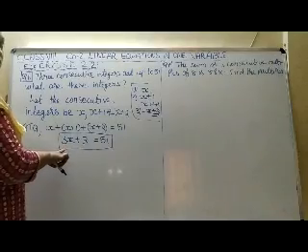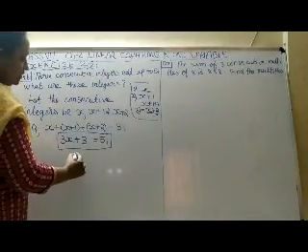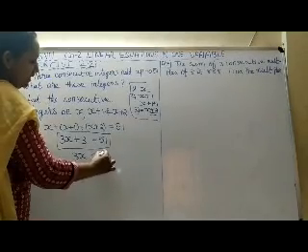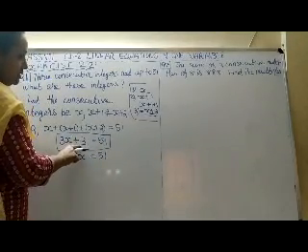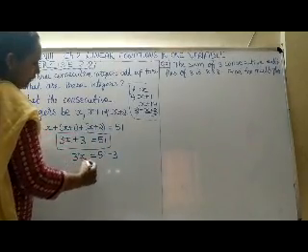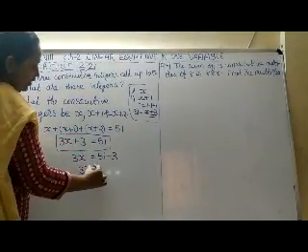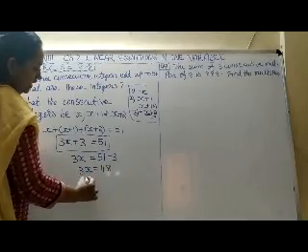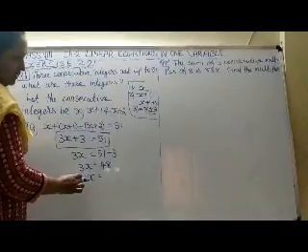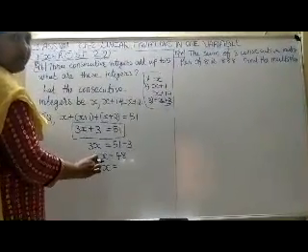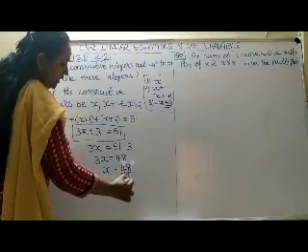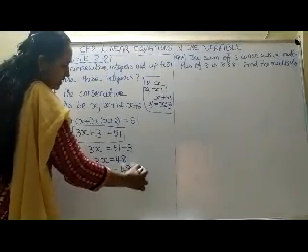Now we have to solve for x. So we keep 3x here, 3x equal to 51 on the RHS. Plus 3, if we shift to RHS, will become minus 3. That is 3x equal to 48. x equal to, now we keep only the variable x on LHS. 3 is multiplied by x, so on the other side it will become division. We get the answer as 16.